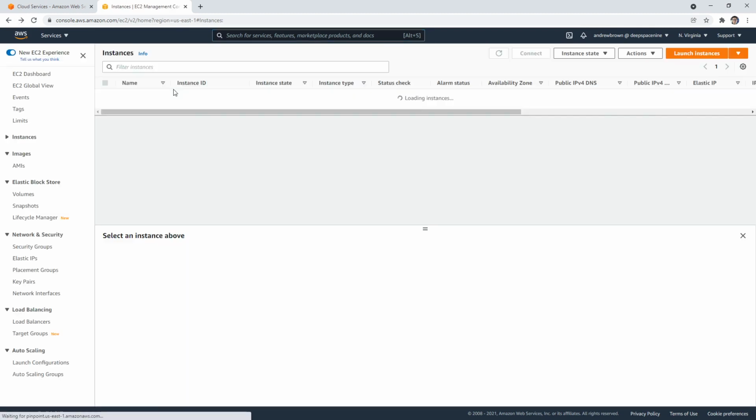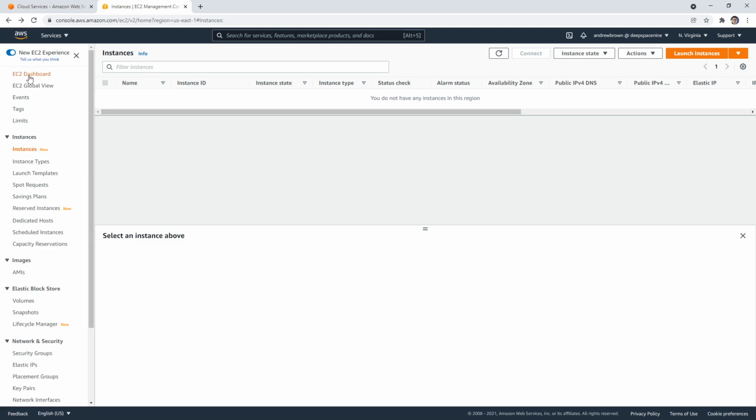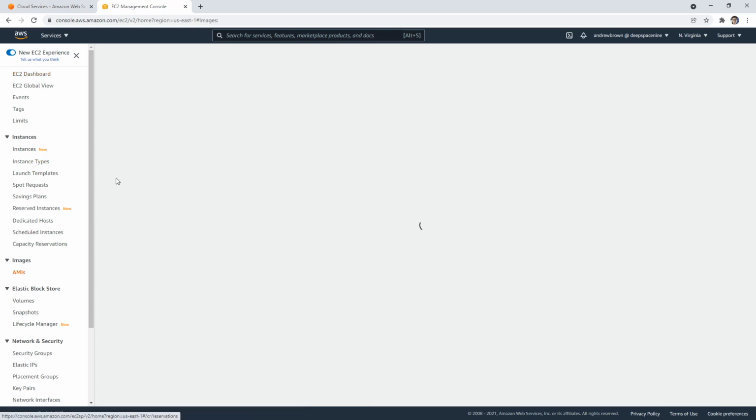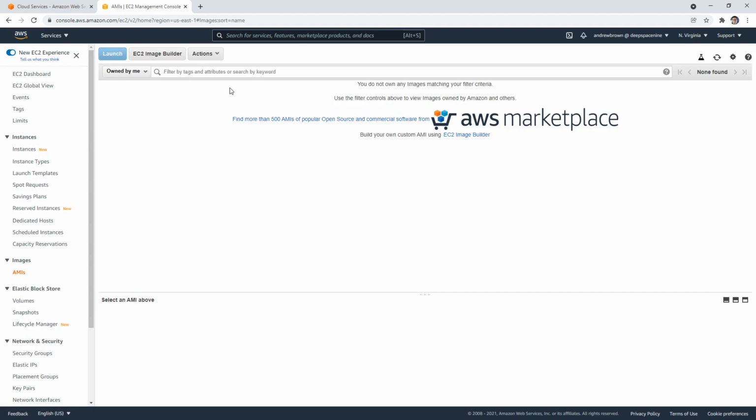And so there are inconsistencies because each service team works per service, and they have full control over their UI. Some of them are in different states of updating. Some people might have updated the left-hand column, but this part is old, or you might click around under something else like the EC2 dashboard, or maybe a better example might be AMIs. I remember we were in here and something looked old. Yeah, see, these are the old buttons, and that's just how it is. Everything is very modular, and so they get updated over time. So that is the challenge that you're dealing with. You're always having like 3 different versions that are cobbled together in each